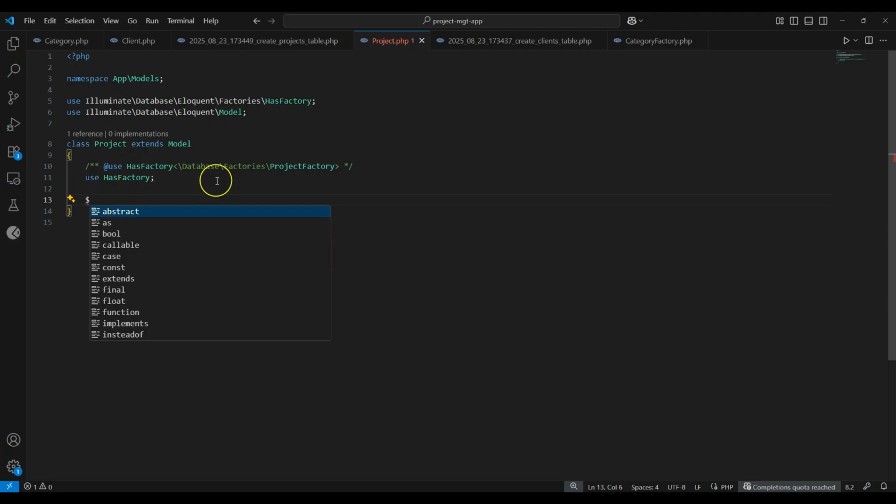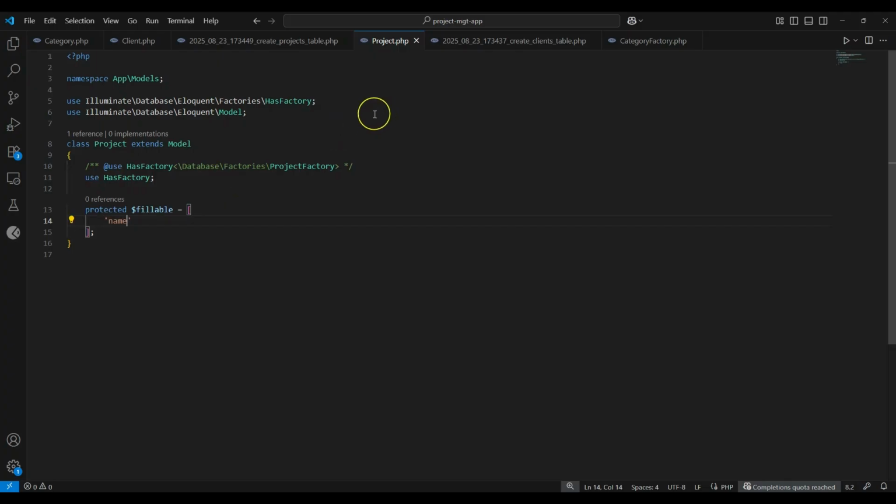Okay. So after having that on your project, now let's add that to the project model here. So let me add the following. So protected fillable attribute will be the following. So we have the name of the project, we have description, we have start date and end date, we have status, we have created by, we have updated by,